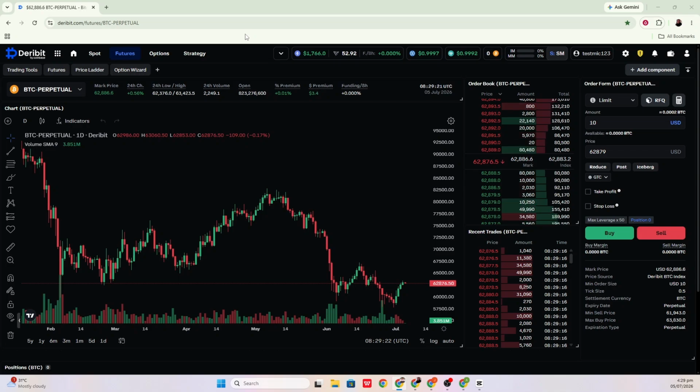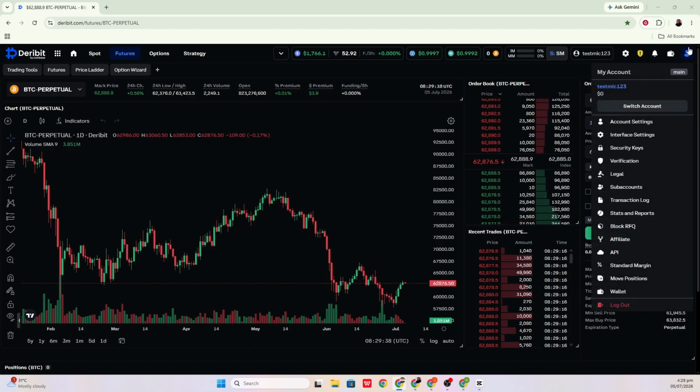In today's video, I will walk you through how to whitelist IP addresses on Deribit for maximum account security. To whitelist IP addresses for your API keys, start by logging into your Deribit account. Once you're signed in, click your profile icon in the top right corner of the screen, then navigate to Settings